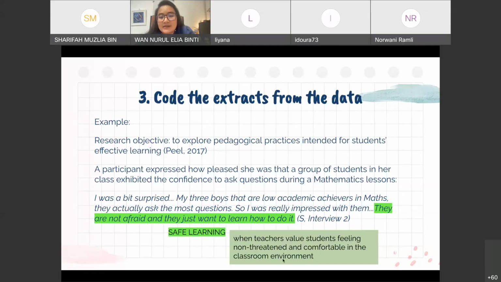So whenever you read your other data later, if you identify that the teacher said students are not threatened, students are confident, you will label that as safe learning. So you see, the description is very, very important because it will help you to code the next ones better. Got it?